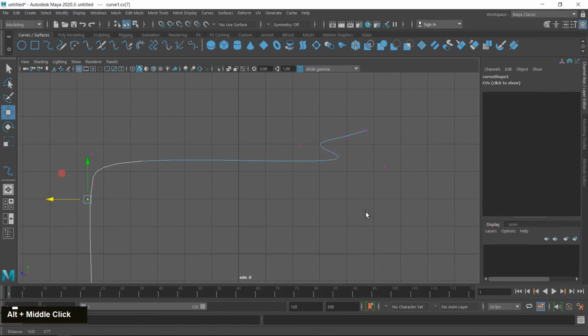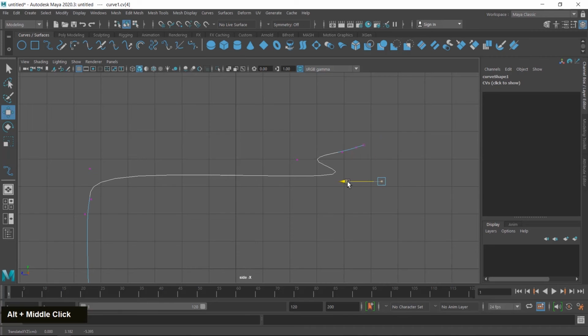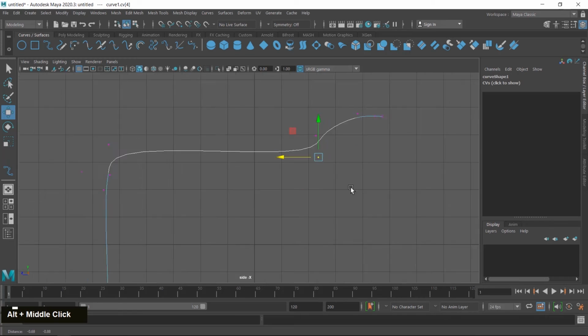And same as here also, I select these vertices and move. Okay, so this curve is now very smooth at this stage.